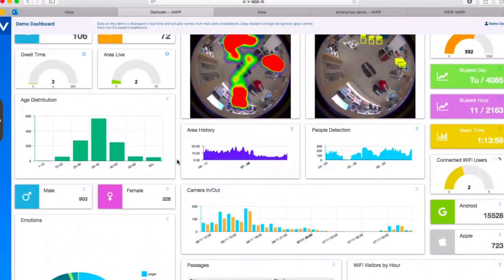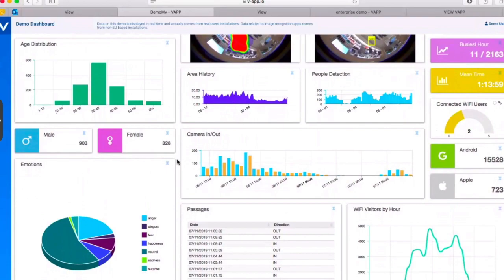One more thing that we do with the camera is the face analysis. So whenever we detect an in from the camera, in this case we use an MV12 camera, which is best suited for this kind of task, we take a snapshot and send the snapshot to Amazon AWS Rekognition, which will do the face analysis and returns back information like the age distribution or the gender or the emotions, and it gives also other information derived from the face analysis, which can be useful for people profiling without using any kind of page or